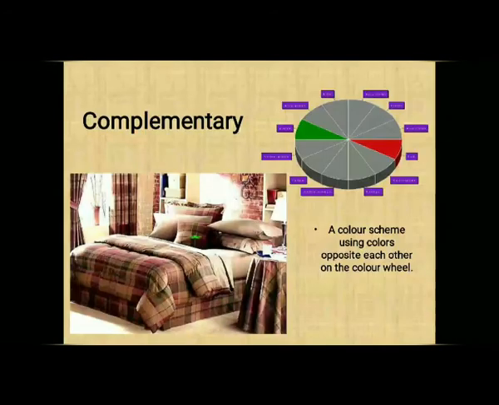And complementary color scheme is the next scheme, where I already told you what a complementary color scheme is. Choosing two opposite colors of a color wheel is called complementary color scheme. Even in this you can go ahead with other things same as other schemes, like you can use the tint, you can use the tone, you can use the shade, you can use the value scale, you can use the intensity of a color.